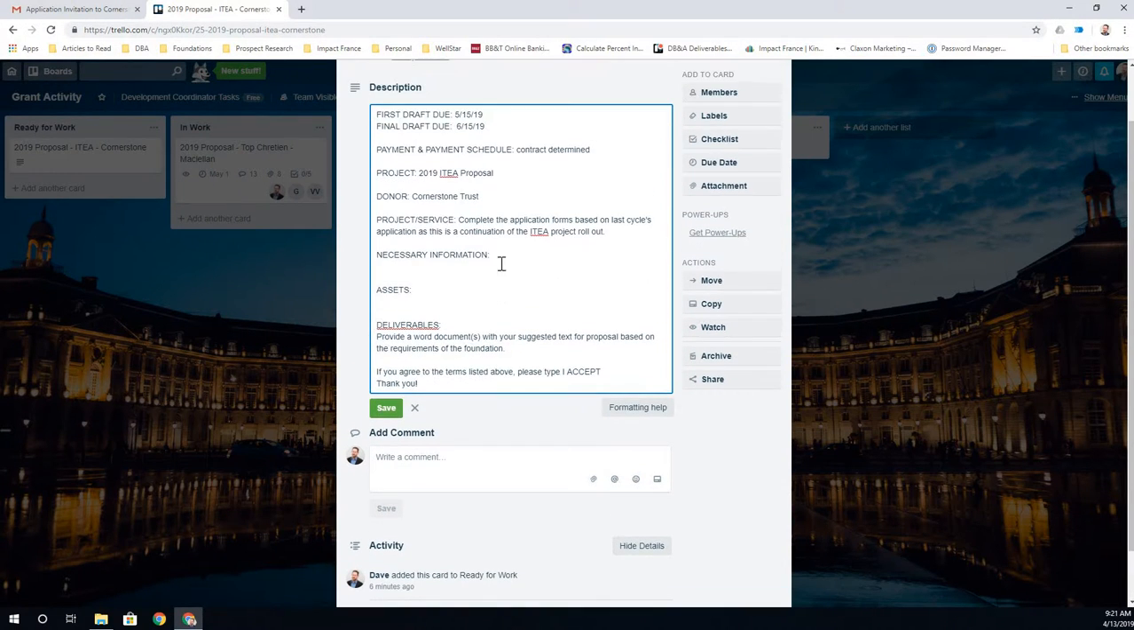And then the necessary information is also last cycle's proposal, budget. Well, actually, this is going to be more on the lines of what the description is going to be. The assets are going to be that, and then basically provide,